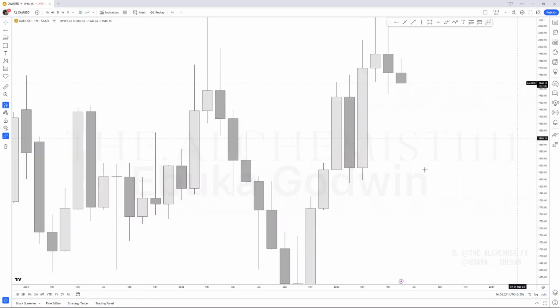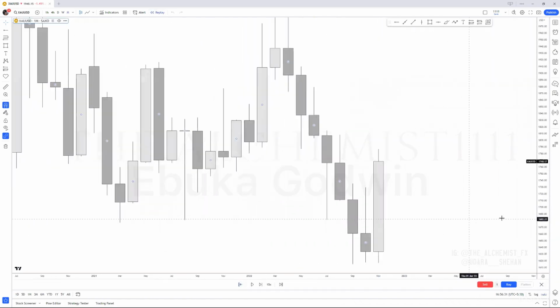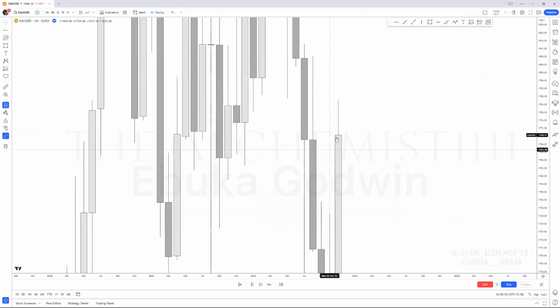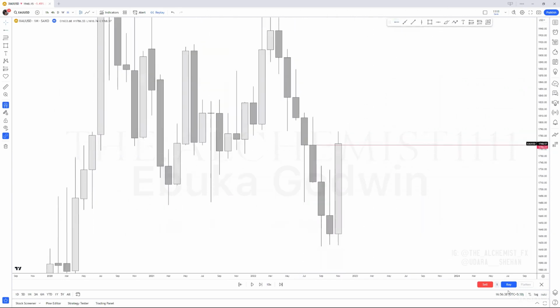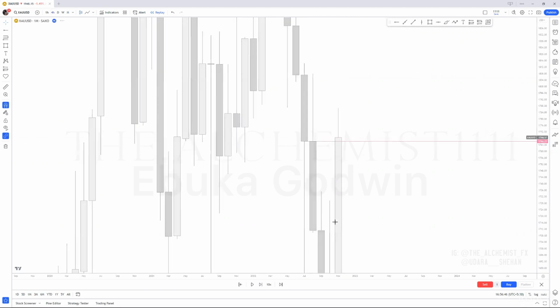Like look at this. Even this, you have to have sharp eyes for this. How did this close? Right above the monthly open close. Broken, right? First of all, this was a resistance. Now it is broken, so it is not a resistance anymore, but it is a support, right? It is a support.